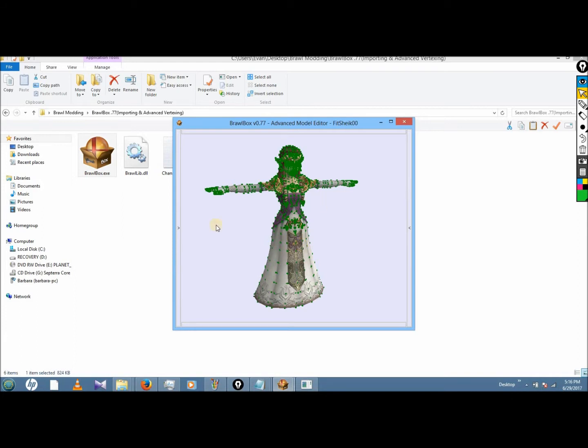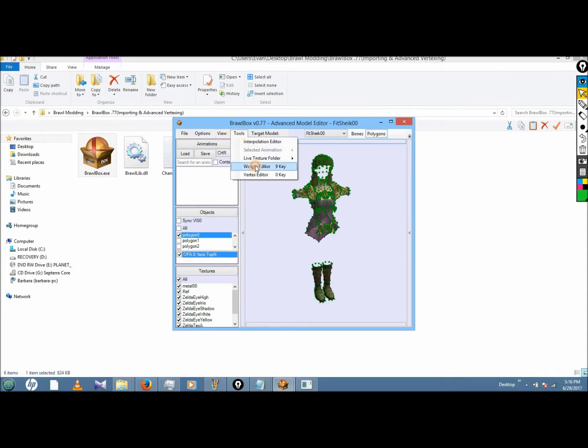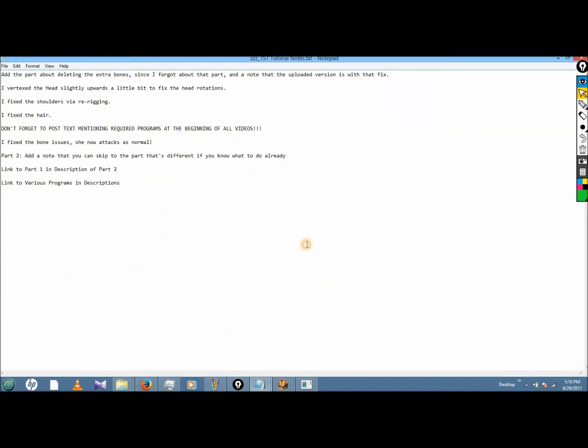So what to do first is the same thing as we did in the other tutorial with checking polygons with the weight editor on, and clicking, or just selecting all the vertices and then looking for the things. But this time, instead of editing it here, what we're going to do is label which ones there are. So I'm just going to put it in here in my notes folder for the tutorial.